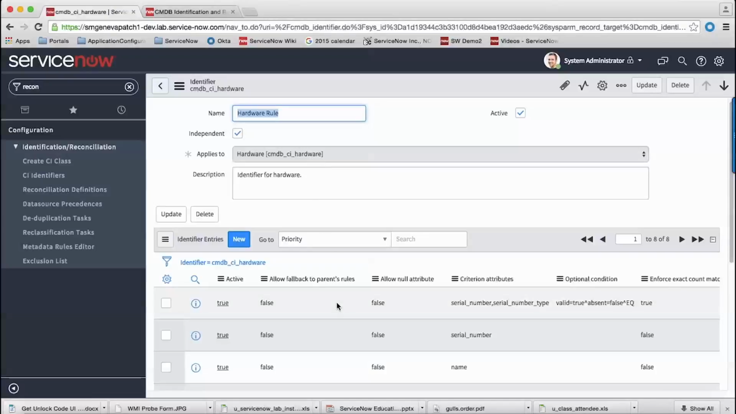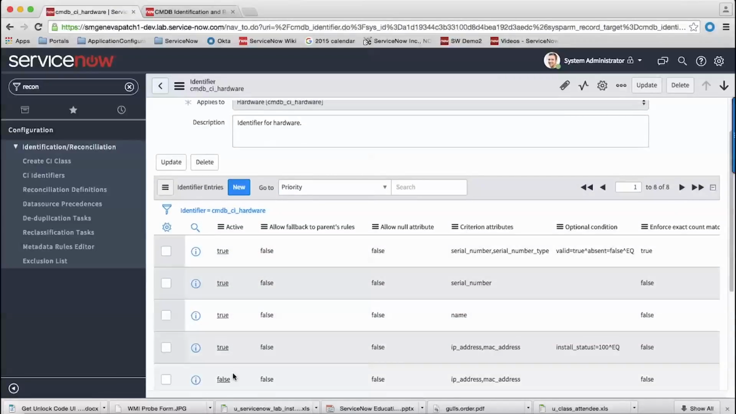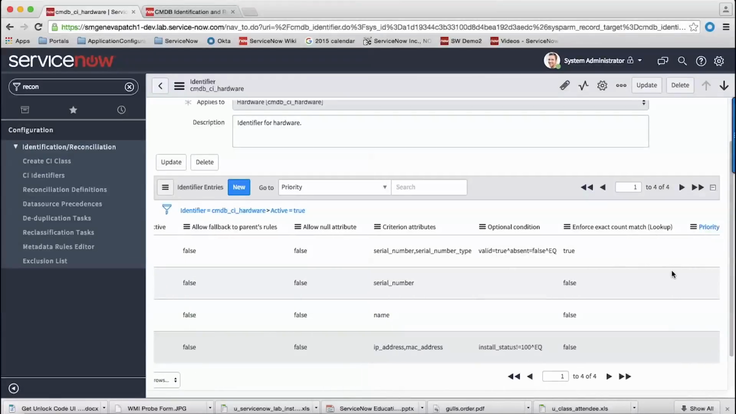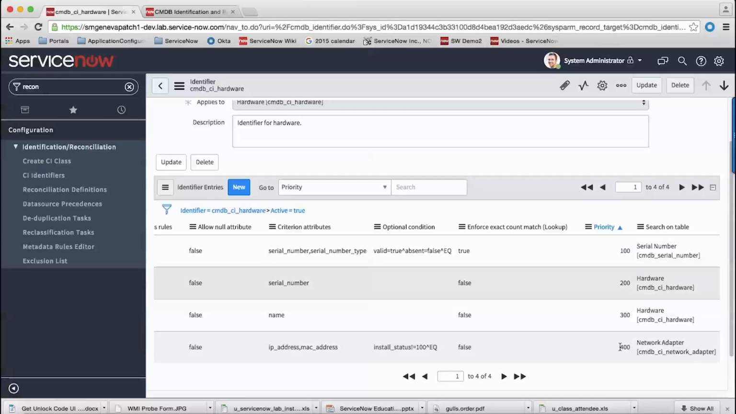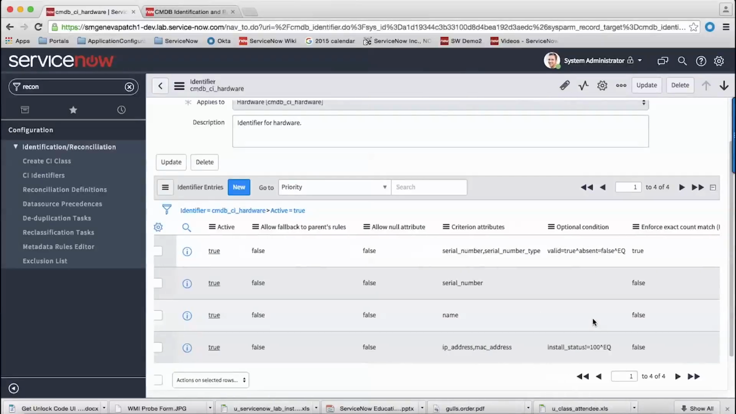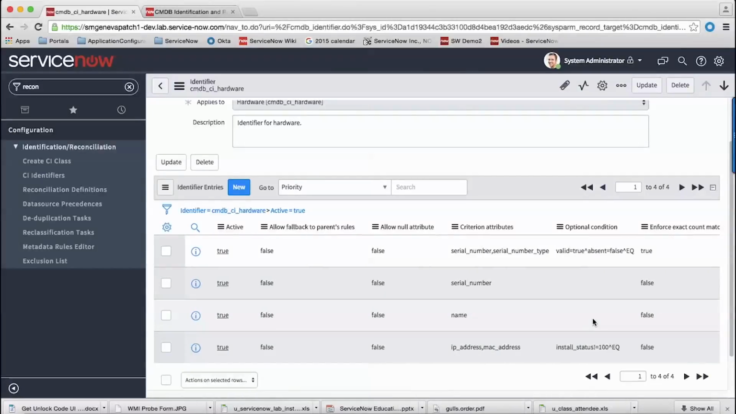Okay, and down below are the rules. You'll see some of them are false and some of them are active true. I'm just going to show matching on true. So there are really four rules, and it's going to try them in a specific order. Right here, you see 100 through 400. Now forget about the other two things we talked about, reconciliation definitions and data source precedence. If we just have this, what we're going to do is look for a match